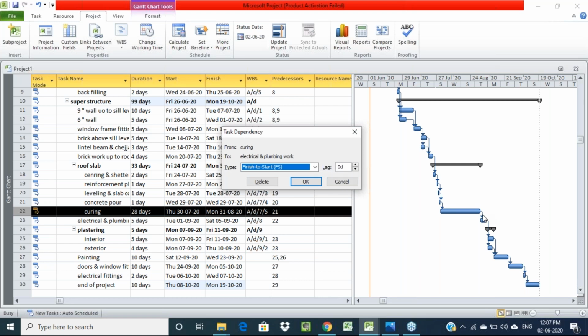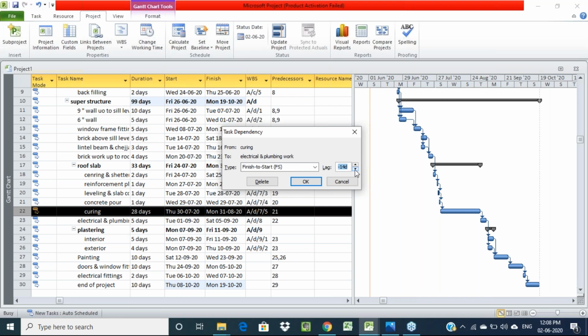On the connectivity arrow, you can provide lead or lag time, that is, how many days before you are starting, in terms of minus. Generally 28 days you have given for curing. If you deduct that, for example, after 14 days we are going to start the mix, here we have to provide minus 14.